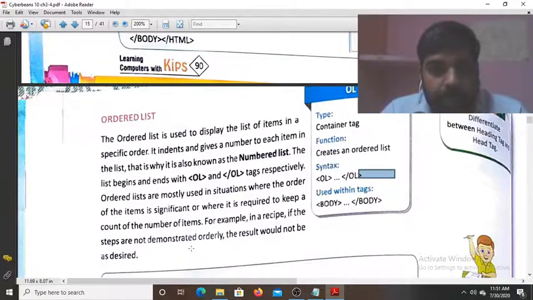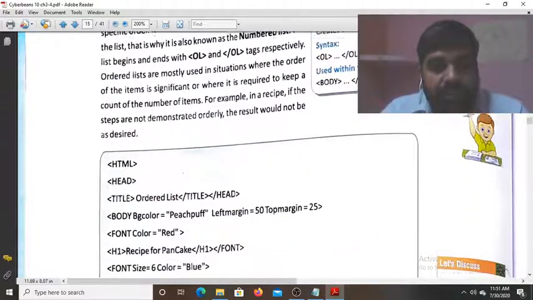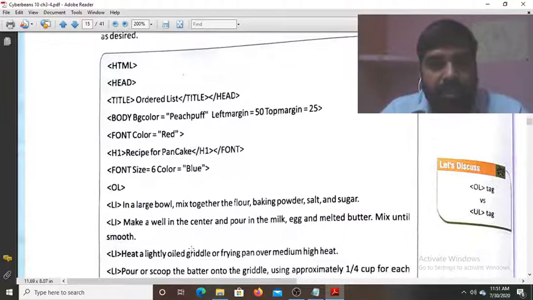Okay, so see the code of the ordered list, how we create it. Now HTML, head and the title: ordered list. Now the body background color is set to peach, left margin is set to 50 pixels, top margin 25 pixels. Now the font color for the text is set to red.